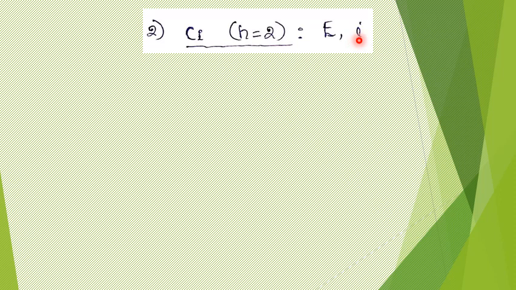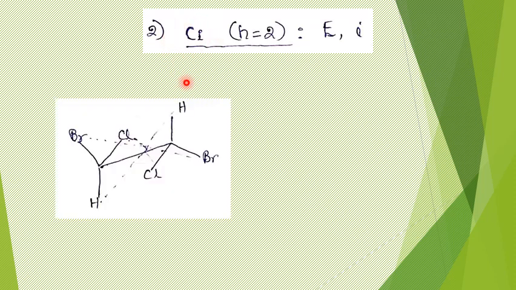So here you can consider that i represents the inversion operation, and E is the do-nothing operation, or identity operation. So two operations are possible: in addition to this do-nothing or identity operation, even the inversion operation is possible. If only two operations are possible, then the molecule is said to belong to the Ci point group. When we take examples, it will be clear to you.